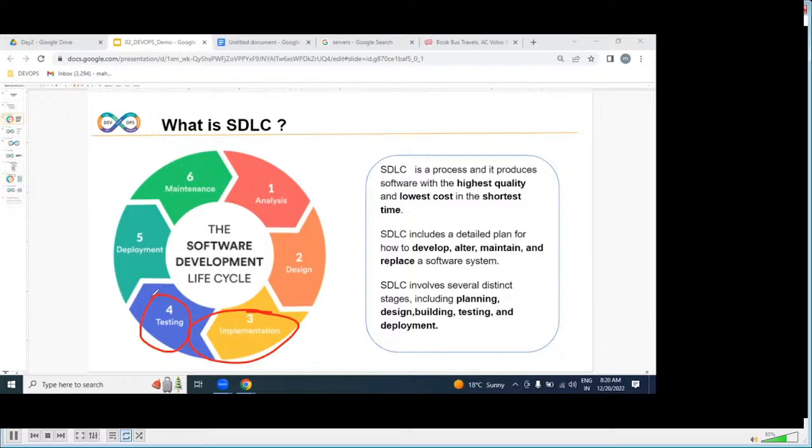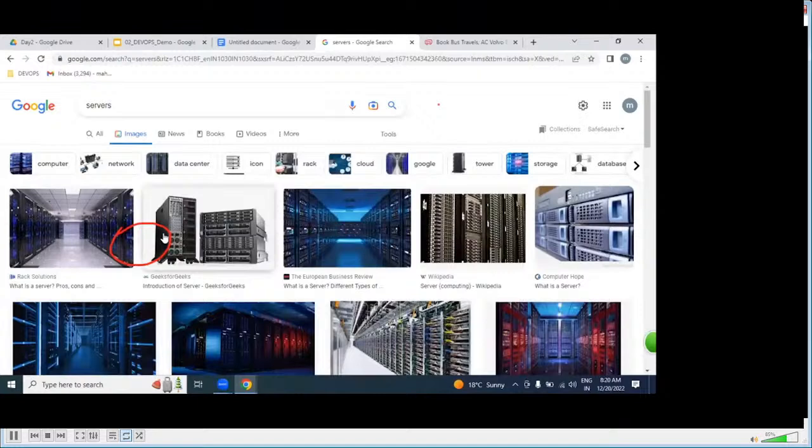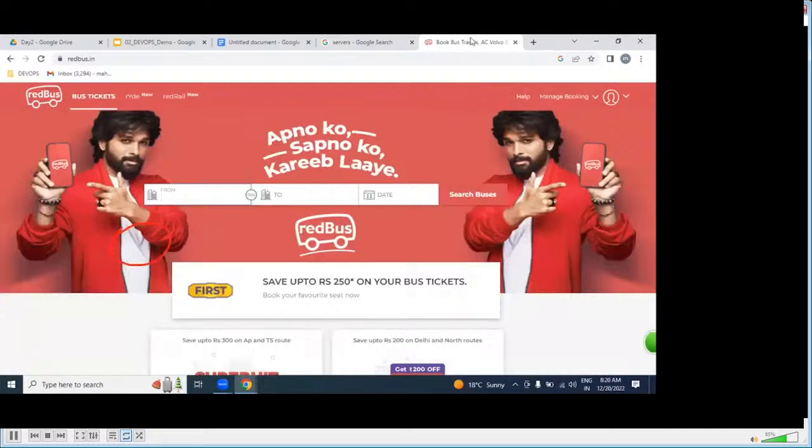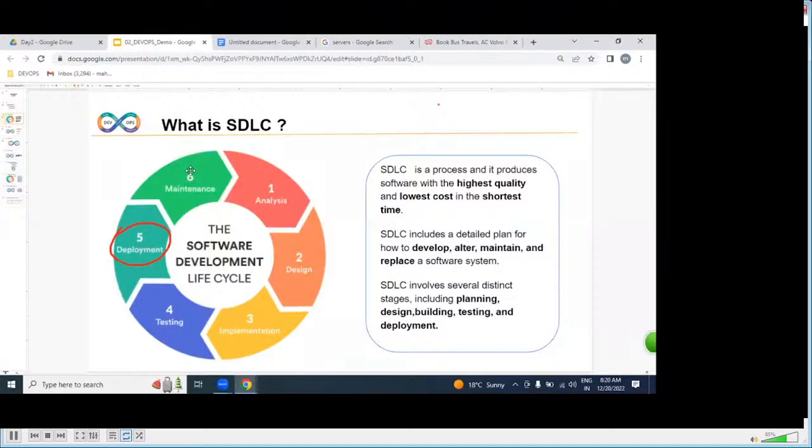Once it is verified, we deploy on hundreds of production servers, and it can be accessed over the internet as a website. That's it. Whether it is working or not, we monitor and maintain.